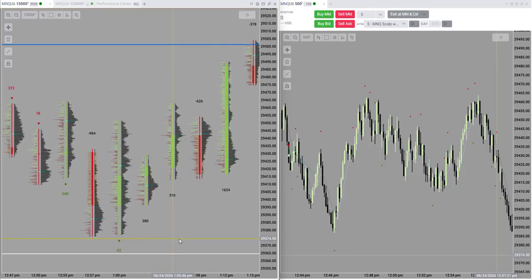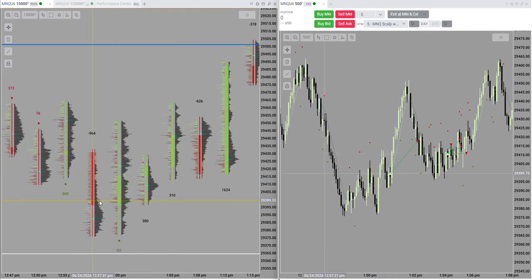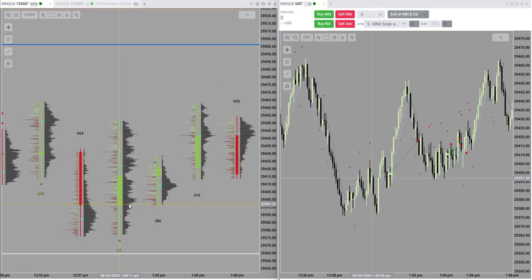And it was at this point, in this candle, when we started building this volume right here, above this node, I thought to myself,